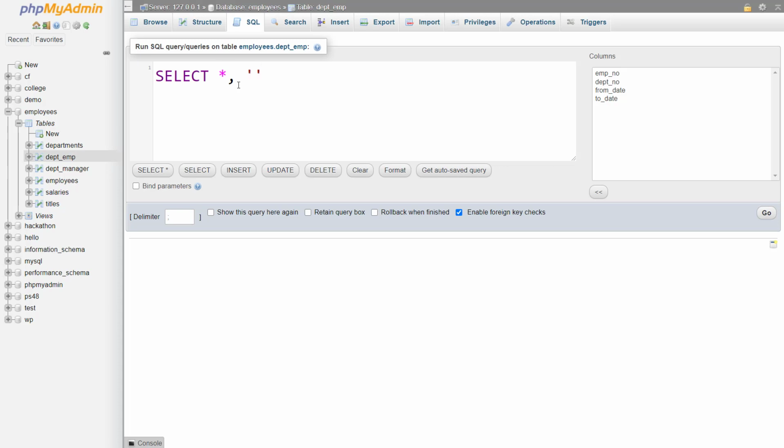I'm telling this for the first time in this course, so please notice carefully. After specifying all of the columns, for ease I have just defined all of the columns using the star symbol, and here in the inverted commas I specify the column value, not the column name. For this table the type is employee, and here I'm using an alias, as type. This value employee will be filled in a new column, type. You will understand this concept once you see the result set of this whole SQL query. From dept_emp.